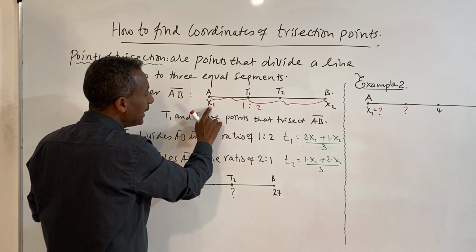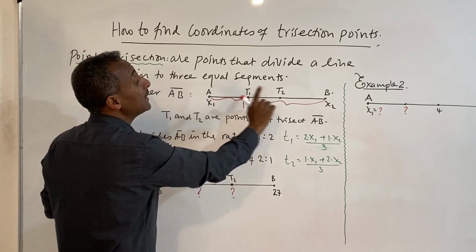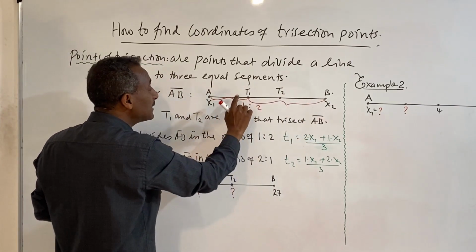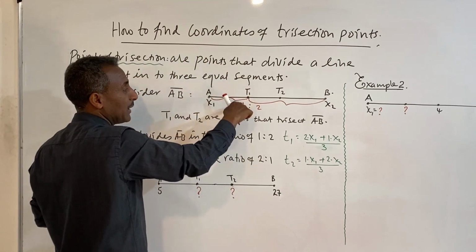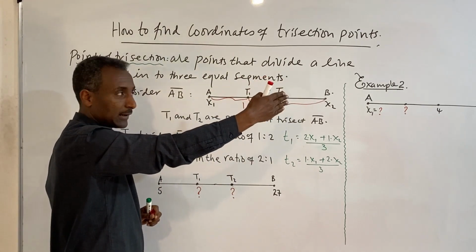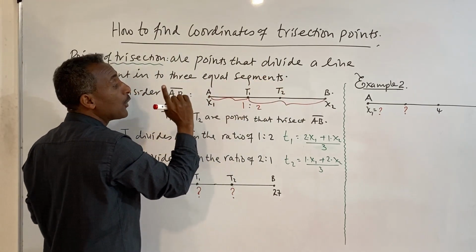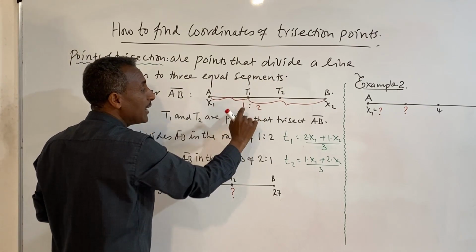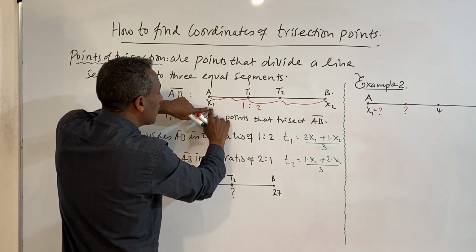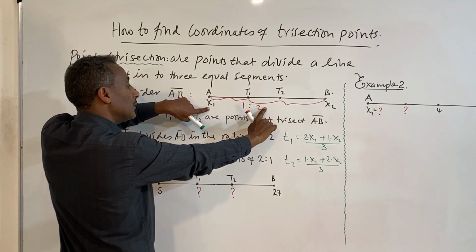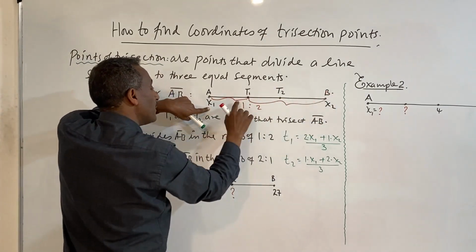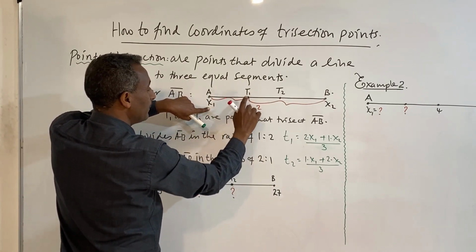ስለዚህ ምን እናደርጋለን? ተመልከቱ። እዚህ ጋር ያለ የኤ ኮኦርዲኔት አለች፣ እዚህ ጋር ደግሞ የቢ ኮኦርዲኔት አለች። ይሄ x1 ነው፣ ይሄ x2 ነው። የዚህኛው የT1 the first point of trisection ትባላለች። ይሄ ደግሞ as you go from A to B this is called the second point of trisection ይባላል ማለት ነው። So to find the coordinate of T1, the first point of trisection, what do we do? We multiply this first coordinate by the second ratio. In the ratio of 1 to 2 ነው። ይሄንን በሁለተኛው ያኛው ደግሞ በመጀመሪያው እናባዛለን ማለት ነው።